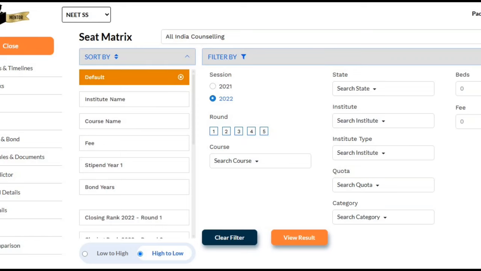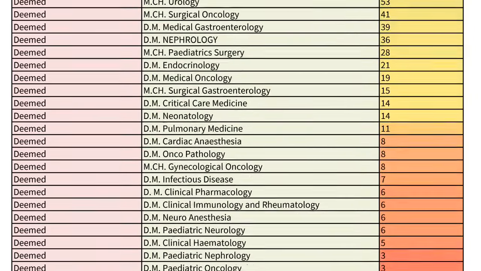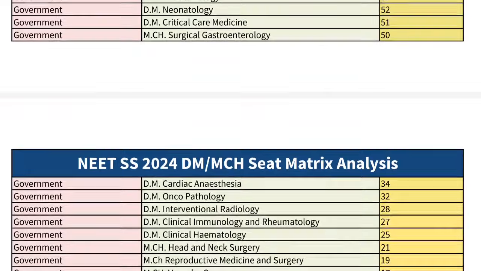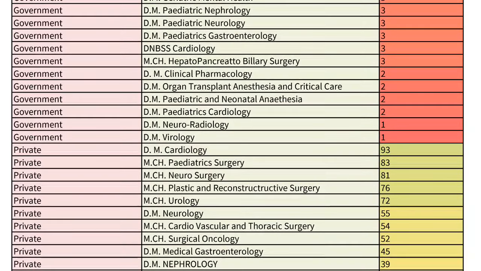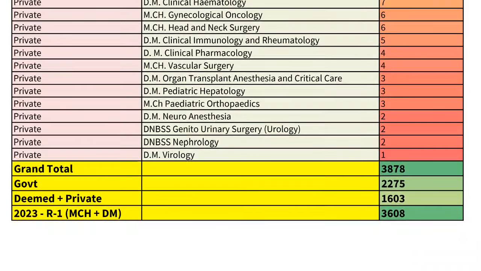Now let's talk about how the seat matrix is this year in comparison with last year. Here I have segregated the seats for the deemed universities, all the branches, government colleges, all the branches, how many seats in each and every branch, and for private colleges, how many seats in each and every branch. Totally, if you see the total number of seats, they have published two PDFs. One PDF covers the seat matrix for all the colleges except Tamil Nadu government colleges,